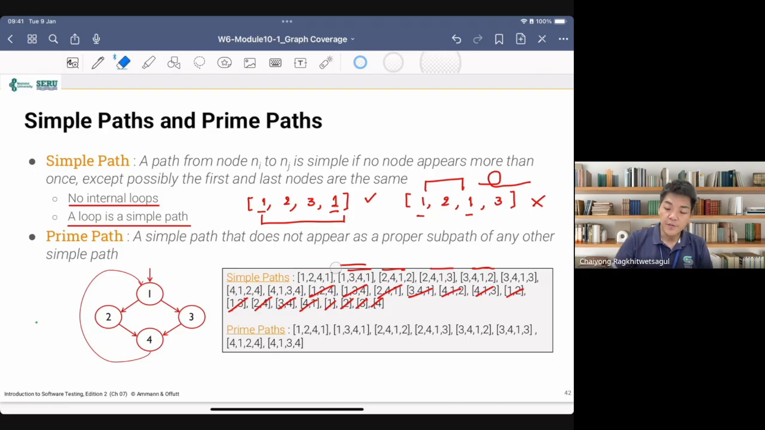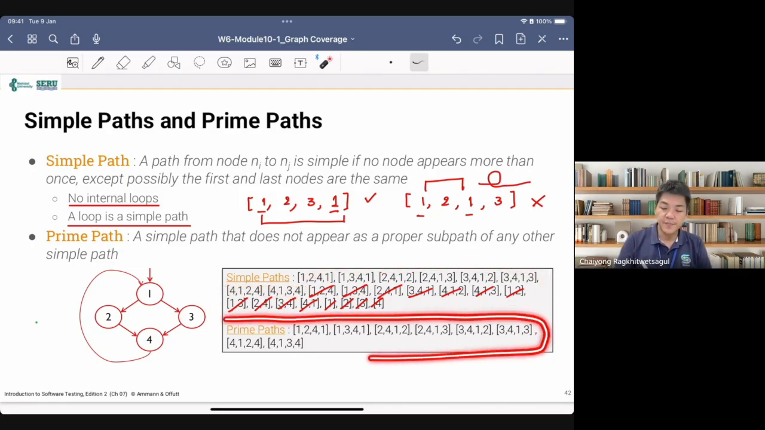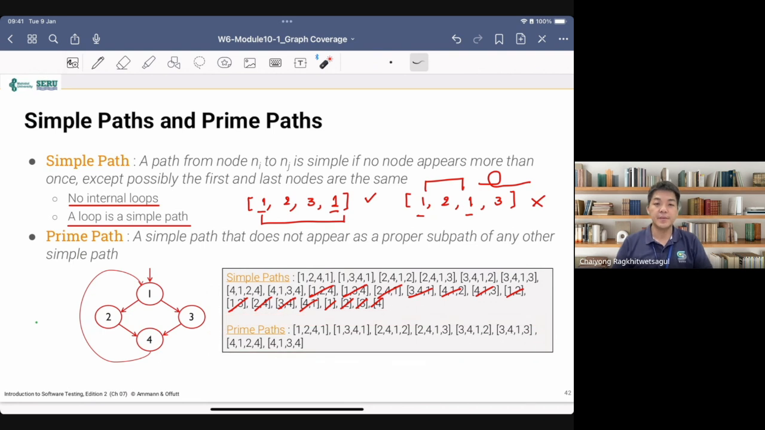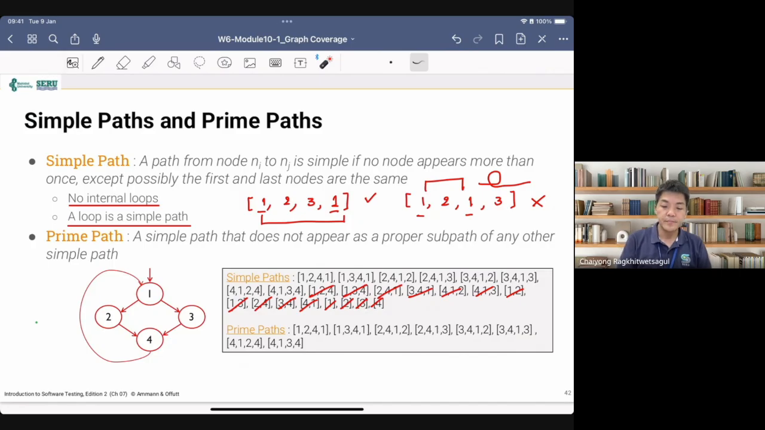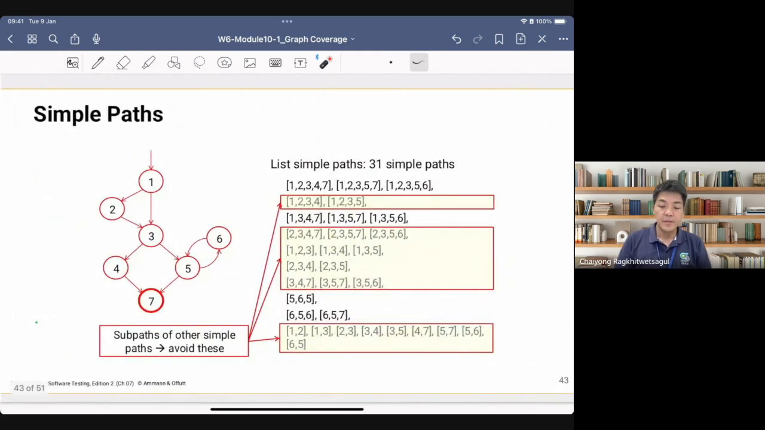So we get rid of these simple paths that are subpaths of the other simple paths, and then we get this final list of the prime paths. Okay, and you can see that these prime paths are not a subpath of any other paths. So if we apply this concept to the previous graph that we have seen before in the complete path coverage,